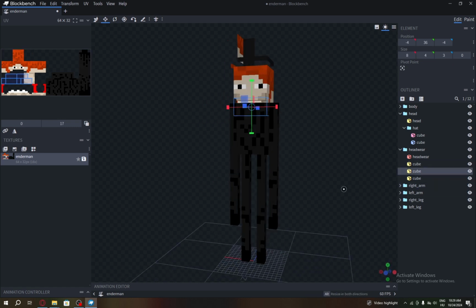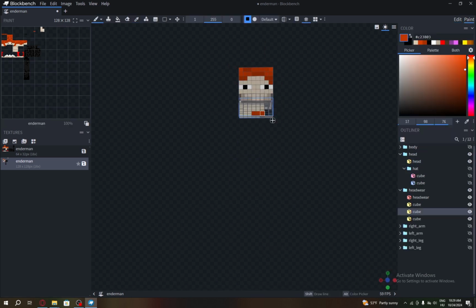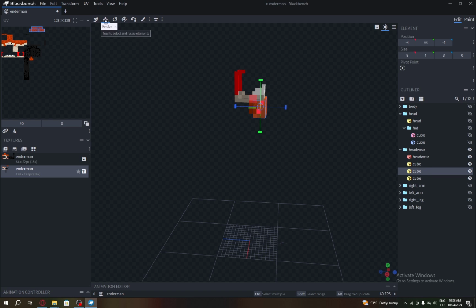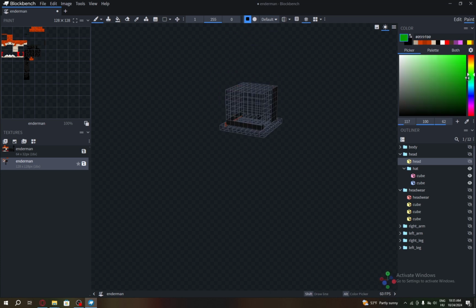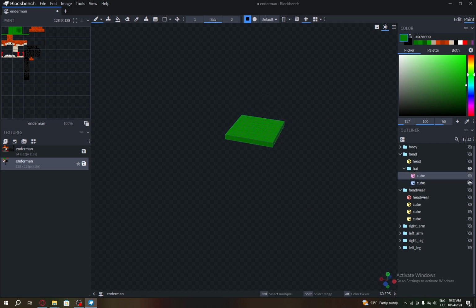So yeah, I decided to give him ginger hair and a ginger beard, and I also gave him a hat, and I also changed his mouth, so when it opens up, you can see it's red there, like flesh or something. He gets really mad when you look into his eyes because he doesn't like when people look into his eyes. So yeah, then I went on and textured his hat,